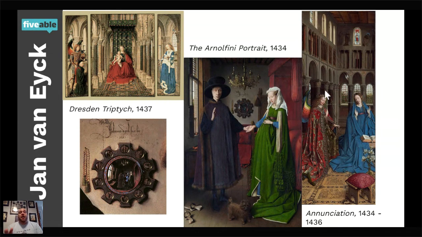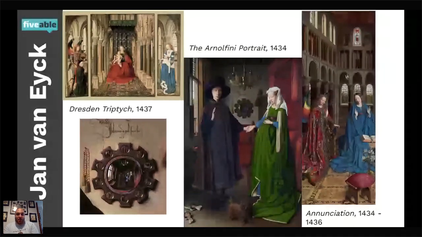So Jan van Eyck, born in the 1300s, dies in the mid 1400s. So technically we would say before the Renaissance, before the Italian Renaissance, but he is part of the Northern Renaissance by many historians' and art historians' viewpoint because he's not using medieval style, which was very common at the time. He's not using Italian style, which was just developing. He's using the distinct Northern style of minute detail, the daily life, right, and the attention to landscapes and animals and things like that. Absolutely amazing. I just love this painting, the Arnolfini portrait.